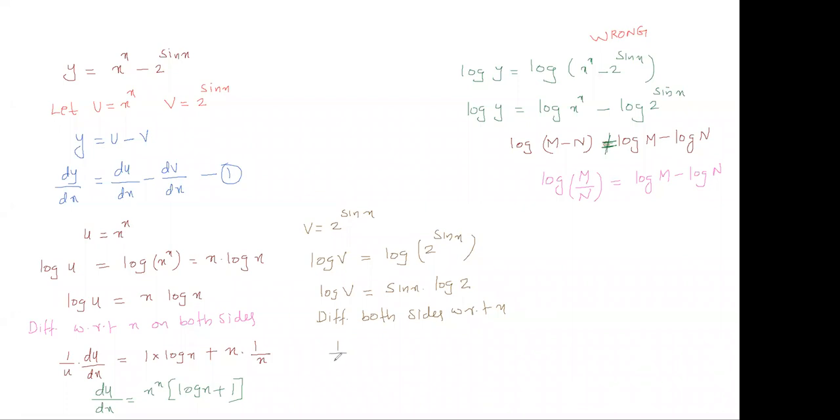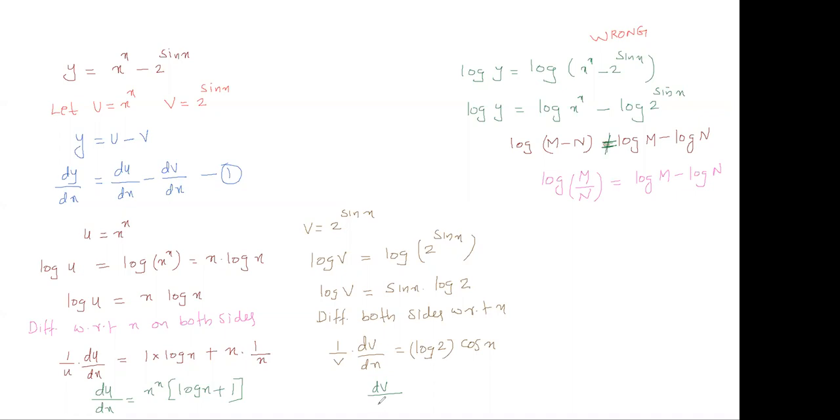So 1 by v into dv by dx is equal to, see, log 2 is constant. So constant, we write it as constant only. It is not a function. Log 2 is constant because 2 is a number, 2 is constant. So logarithm of 2 is a constant. So derivative of sin x is cos x. So from there you will get